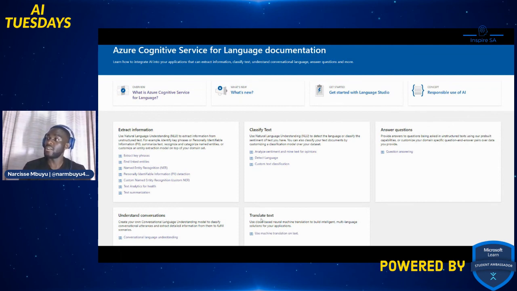For next week, we're going to do translate text. We're going to make our own translator using natural language understanding or NLP, which I'm looking forward to. And then after that, we're going to move on to LUIS. A lot of exciting things are about to happen, so you wouldn't want to miss out, right?